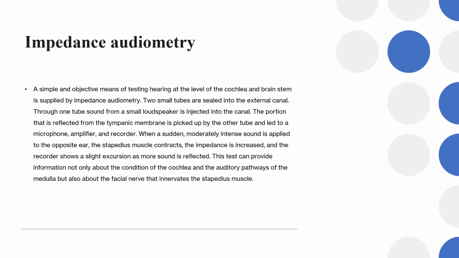Through one tube, sound from a small loudspeaker is injected into the canal. The portion that is reflected from the tympanic membrane is picked up by the other tube and led to a microphone,